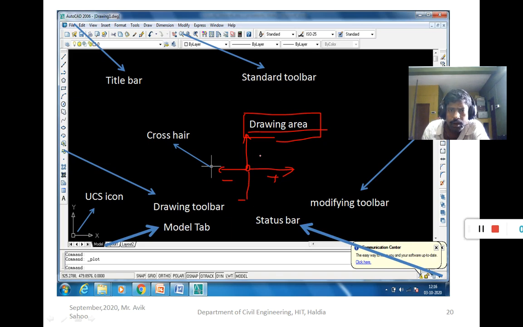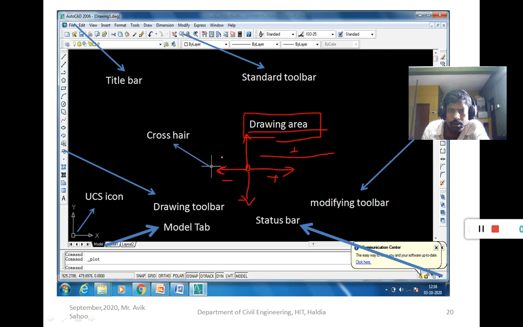If I draw the line in this direction, then you have to put a positive dimension. If I draw a line in this direction, to the right side, then it is called negative. And from this point if I go down, then it is the negative direction.